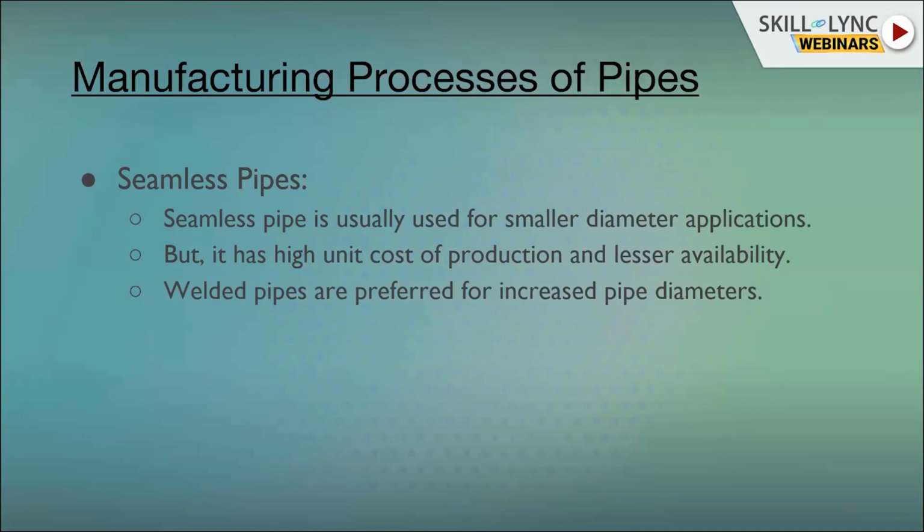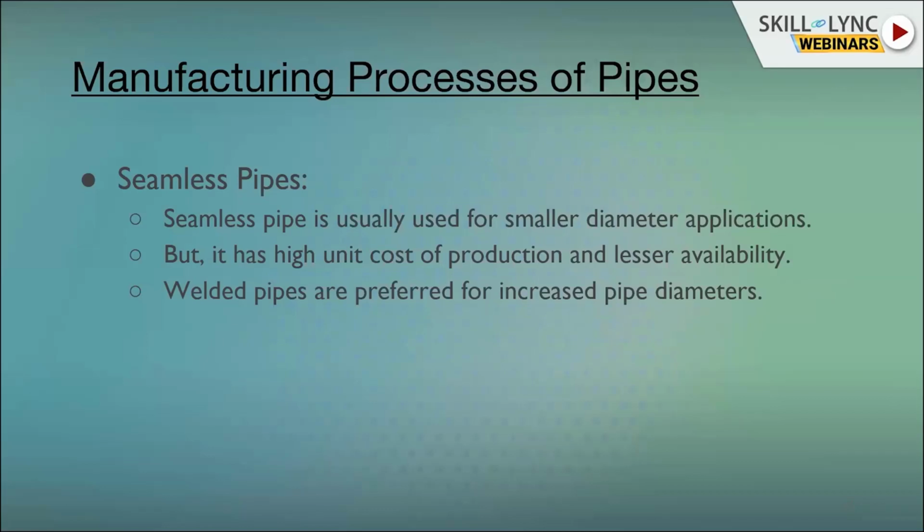And in foreign countries also, there are different kinds of manufacturers in the USA and China who are manufacturing these seamless pipes through these processes. So for that reason, welded pipes are preferred for increased pipe diameters. I told you earlier also, for welded pipes, if your diameter gets decreased for a particular high pressure and high temperature rating, that cost is also involved, as well as diametrical restrictions. If you want to use higher diameter pipes, then welded pipes are preferred instead of seamless pipes.